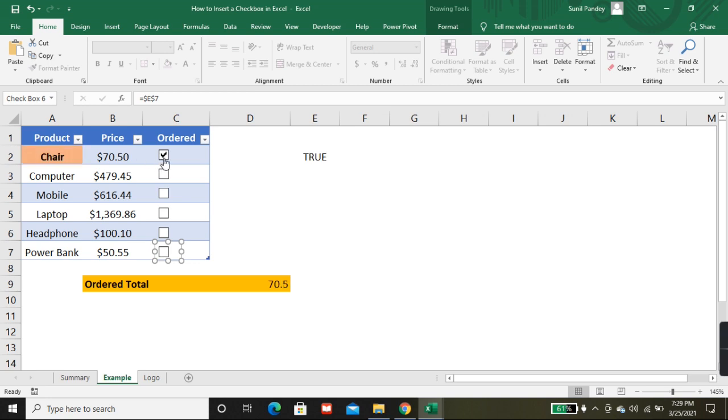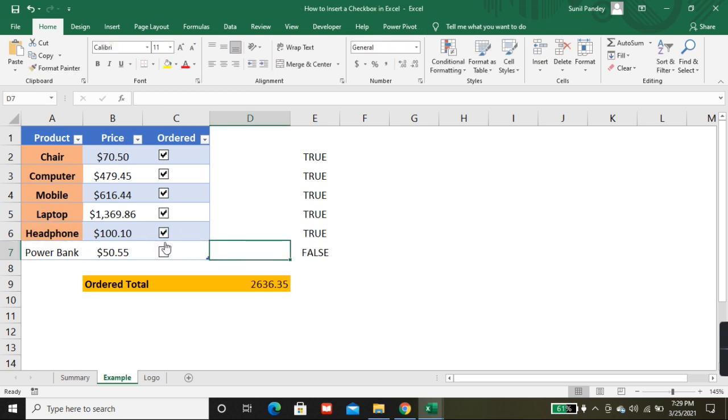So if you tick mark here, see, it shows TRUE, and if you untick, that will go to FALSE.